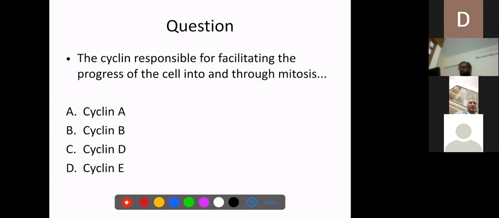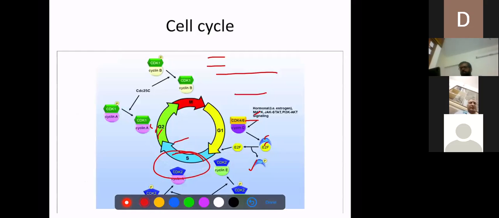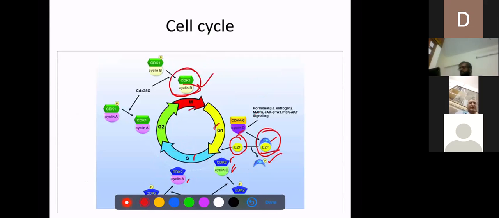Responsible for progress of cell entry through the mitosis is? Yes, just remember this diagram, no? So in the mitosis, I told cyclin B. In G1 phase, cyclin D, and in S phase, cyclin E and cyclin A. This cyclin A still continues in G2 phase. Just remember, this is